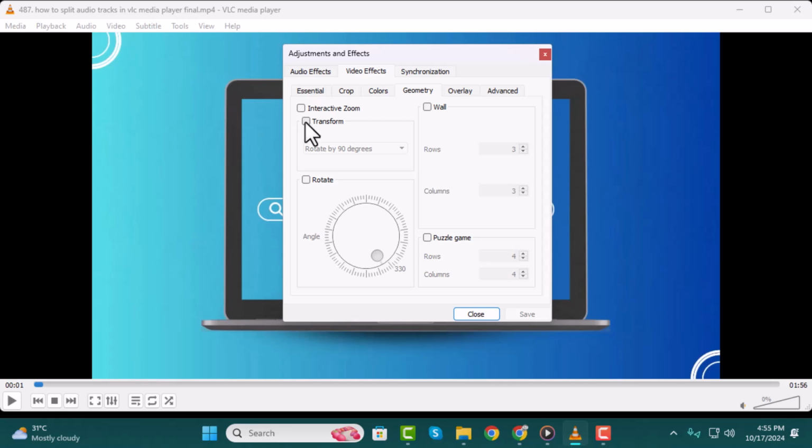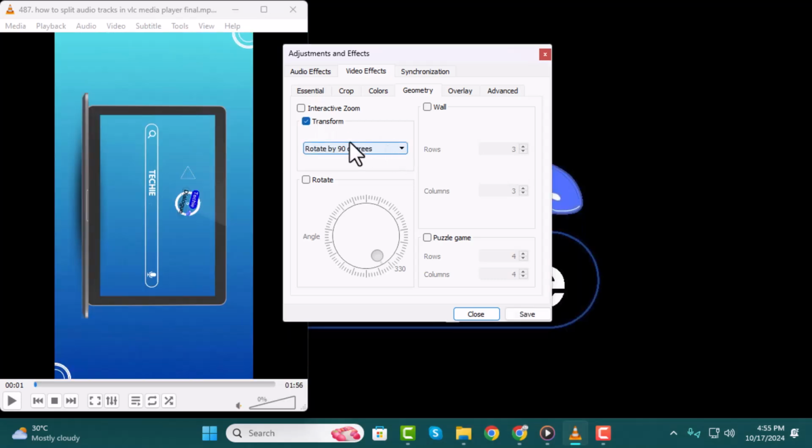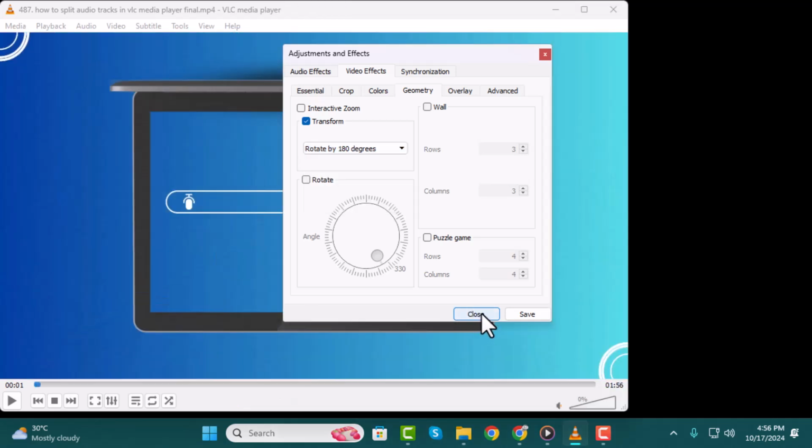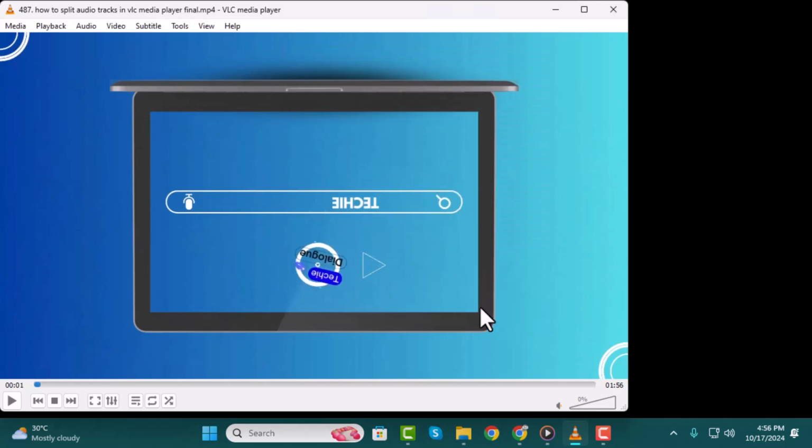Step 4. To rotate the video, check the Transform box. Here you can choose from preset rotations like 90, 180, or 270 degrees. If you want more control over the rotation, you can check the Rotate box and manually select the angle you want. Step 5. After you've adjusted the rotation to your liking, simply close the Adjustments and Effects window to apply